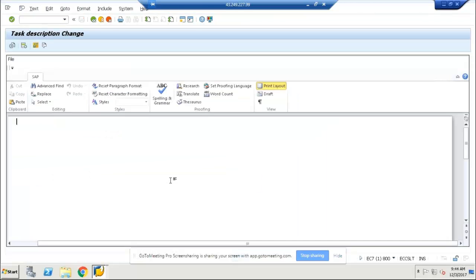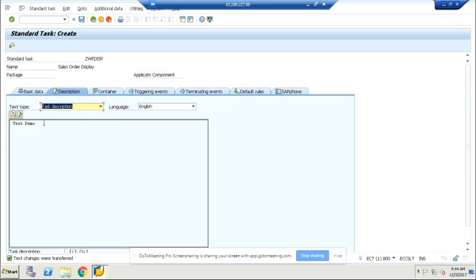In this case, actually it's not required, because this is required whenever you want to send any information as a work item. So in that case, we need this description, and this we can see later. In the current scenario, I just want to display a sales order whenever the user clicks on the work item. Okay, so basic data and the description,